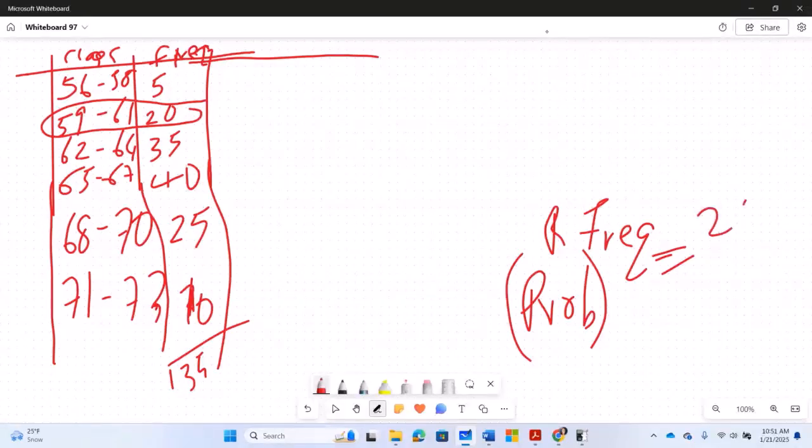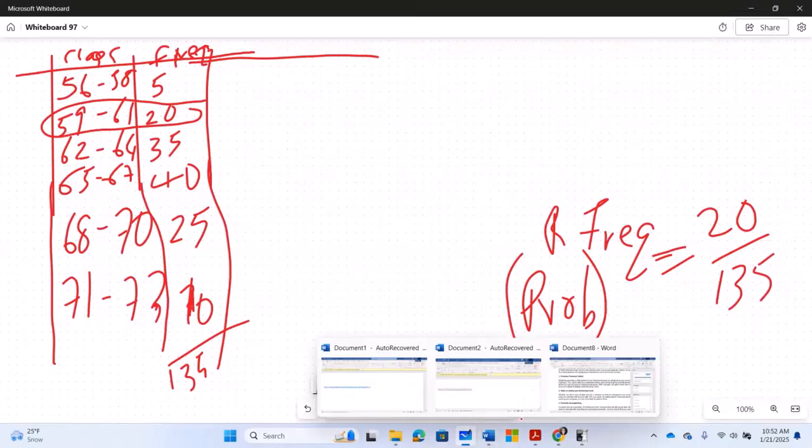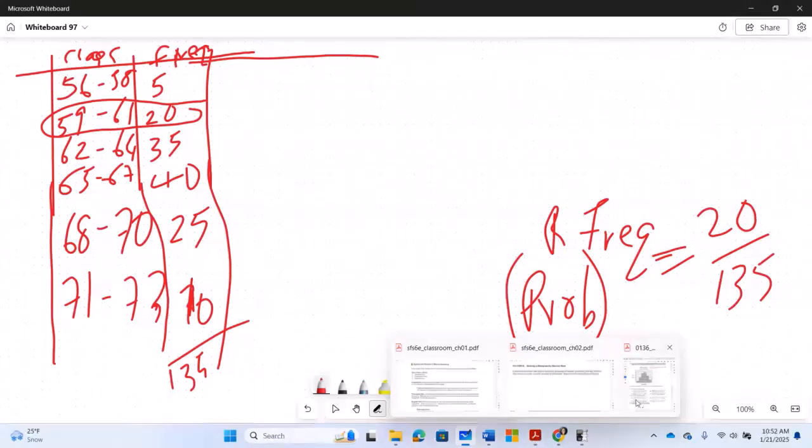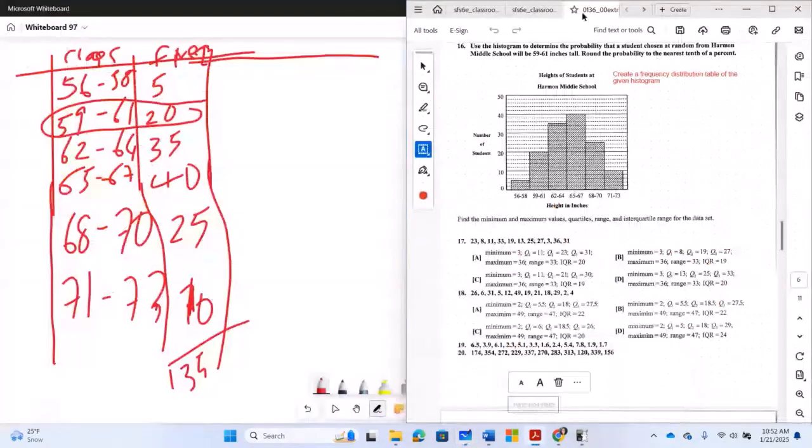So it is 20 over 135. And we are told to leave the answer in percent. Let's look at that question again. We are told to leave the answer in percent